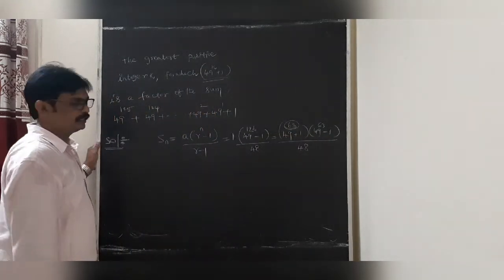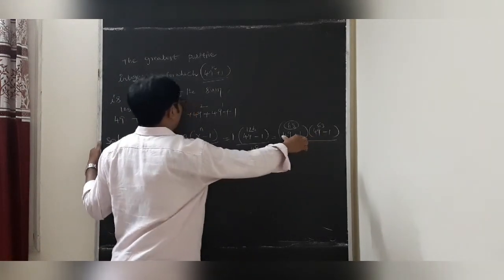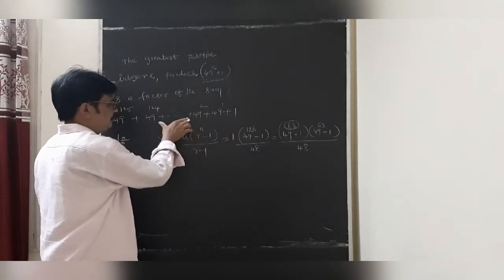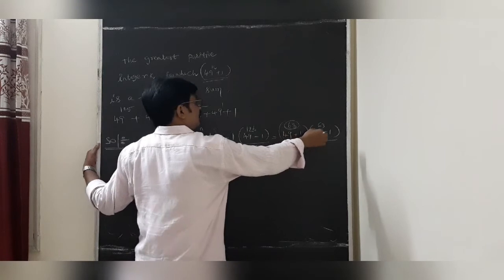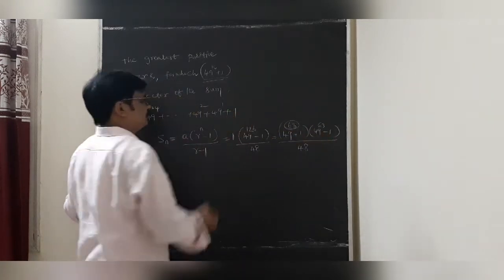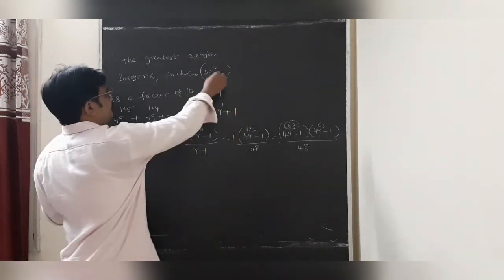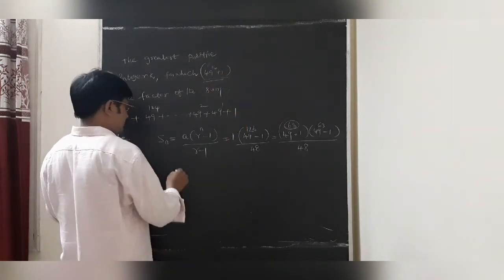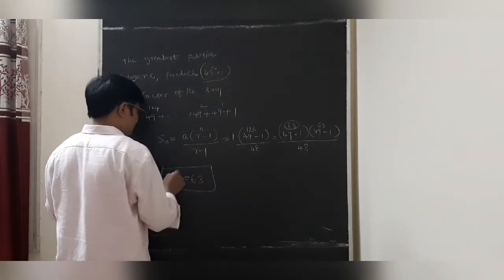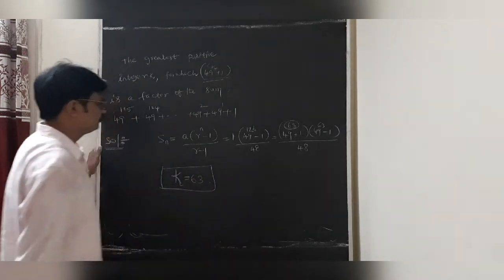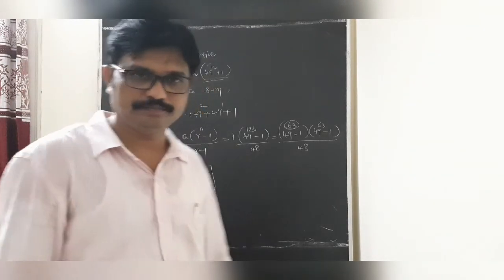So when you write this as the product of two terms, each must be a factor of this one. We can express it as 49 power 63 plus 1 into 49 power 63 minus 1 upon 48. These two are called factors of this one. So, students, simply you can recognize that the greatest positive integer k is 63. My dear students, the greatest positive integer k is 63. Okay, students?